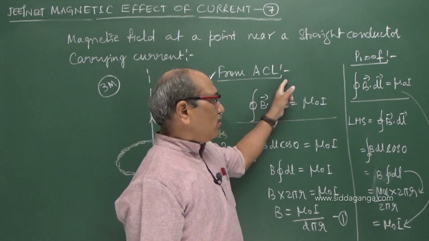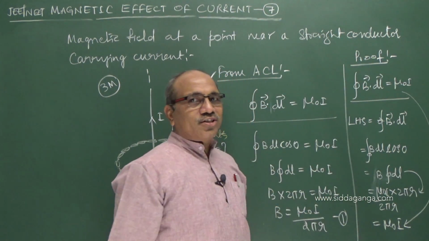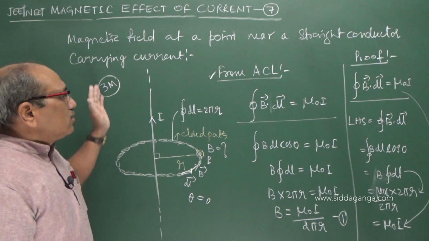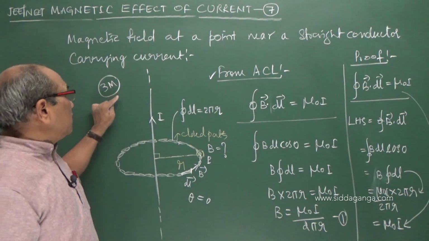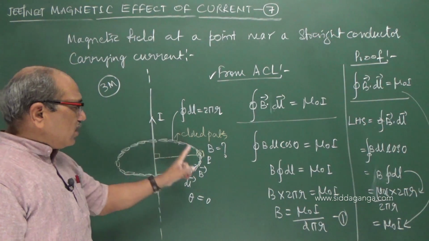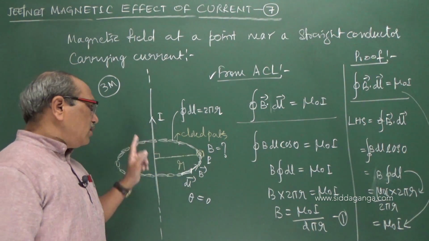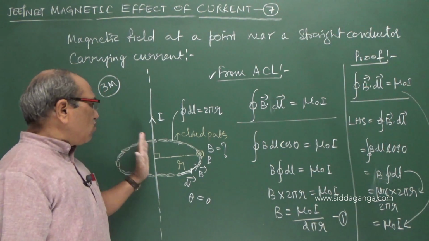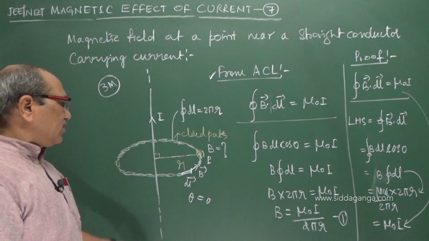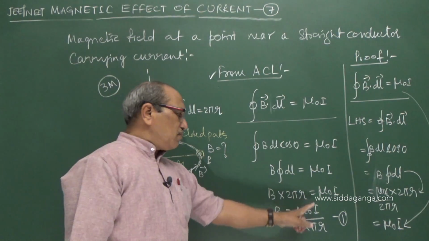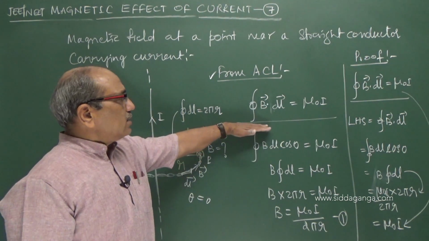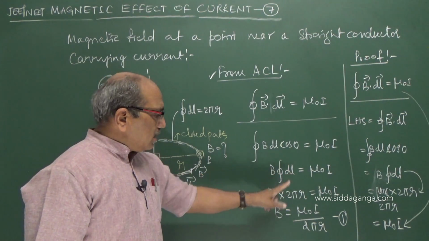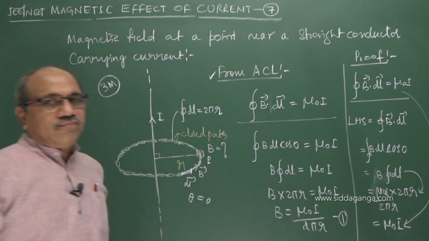Ampere circuital law. But verification is not asked; statement and explanation may be asked in the board examination for 1 or 2 marks. One significance you will come to know: we can find the magnetic field near a point of a straight infinitely long current carrying conductor, given by mu naught I upon 2 pi r. Just take the ACL, substitute cos 0, the integration of dl is 2 pi r, and hence the answer.